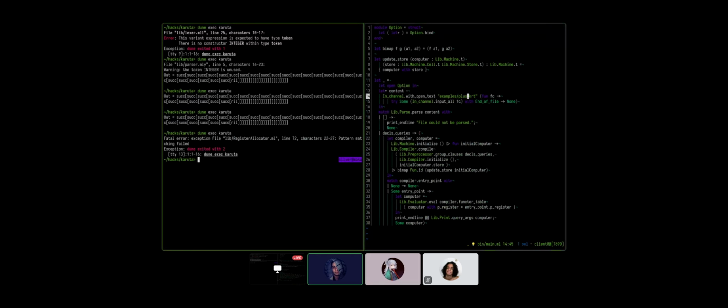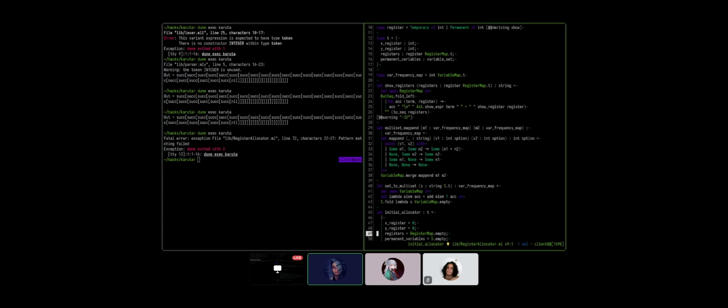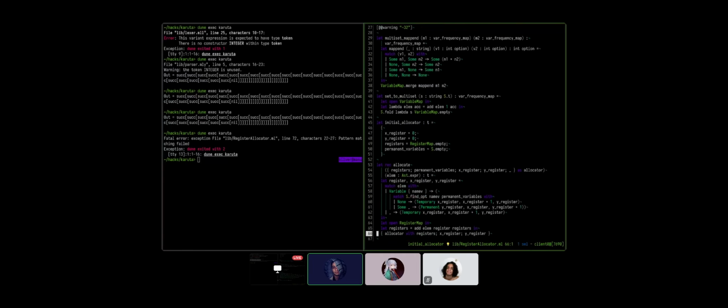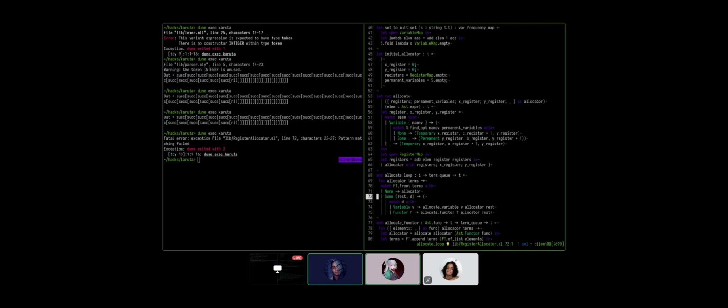Plus. What's wrong, compiler? Okay, the register allocator is mad. Line 72. And by the way, I am 100% stealing this way of doing compilers from Zozin. He was the one that introduced this to me: when you're adding a new feature to the compiler, you just do the minimum amount of work until it becomes happy.